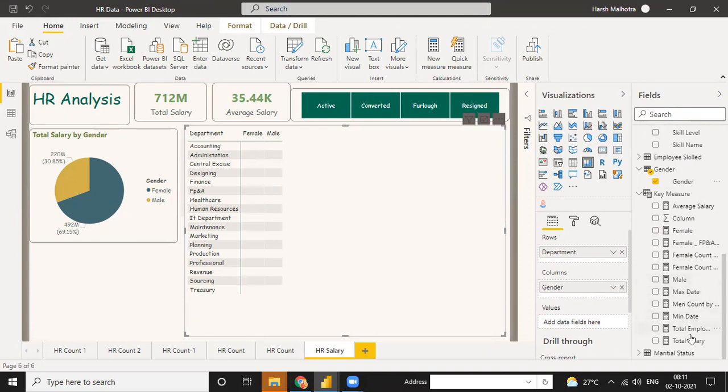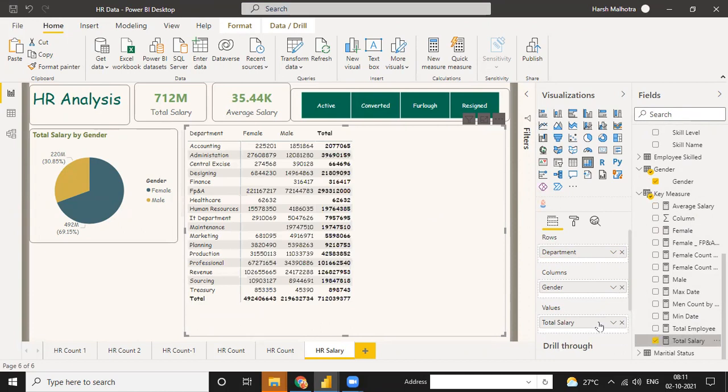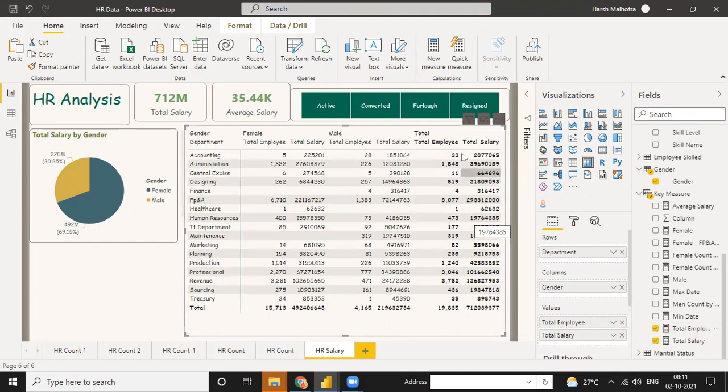And total salary you can use into your value, as well as total employee, how many total employees and how much total salary.